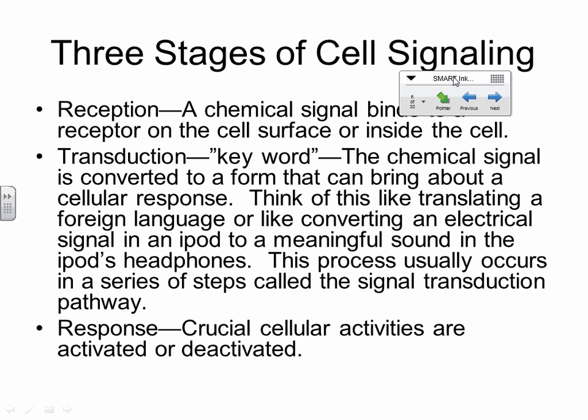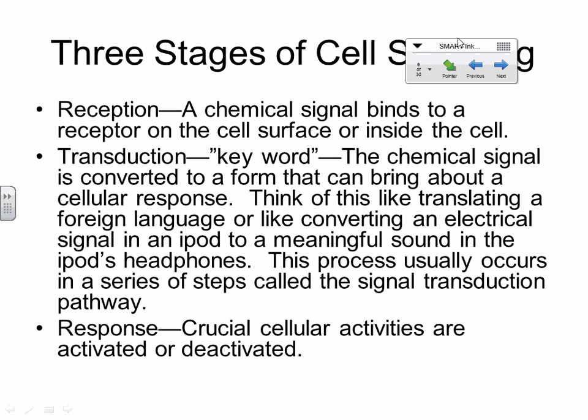Let's talk about the 3 steps of cell signaling. What's step 1 in cell signaling? Reception. In reception, the ligand, the hormone, has to bind to a receptor. And most signals are made out of what? Proteins, or maybe amino acids. Proteins or amino acids. So the receptors for those things have to be where?